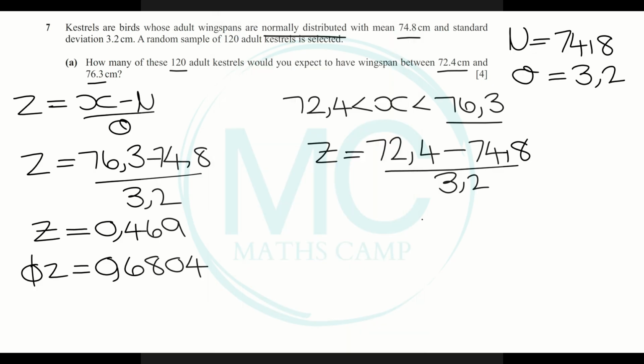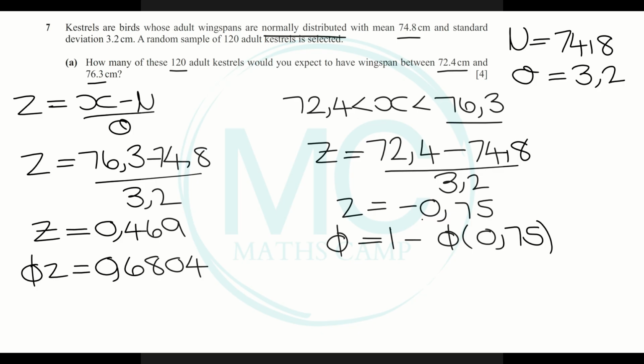So I can say Z is equal to negative 0,75. But we cannot use a negative in our distribution table. So to find the probability, we're going to say probability is equal to 1 minus the probability that Z is positive